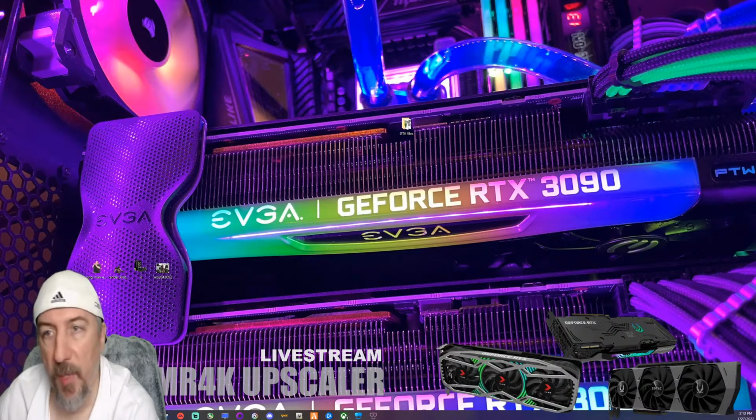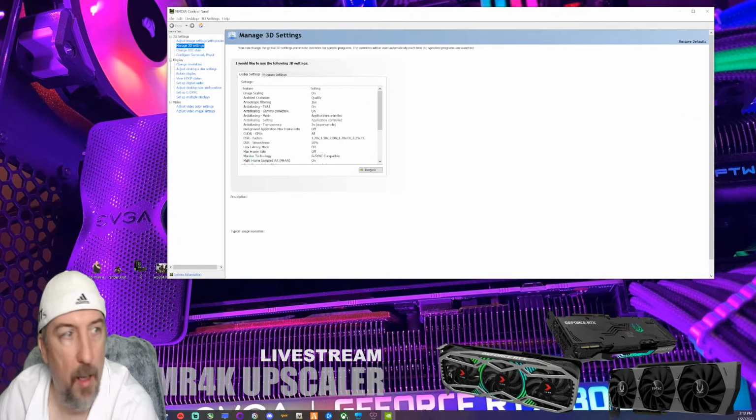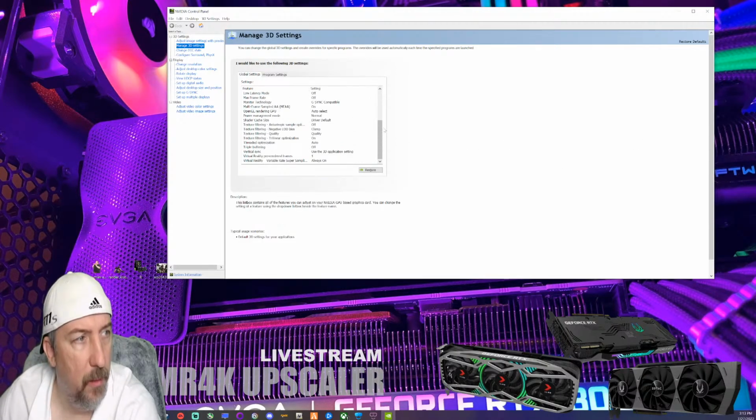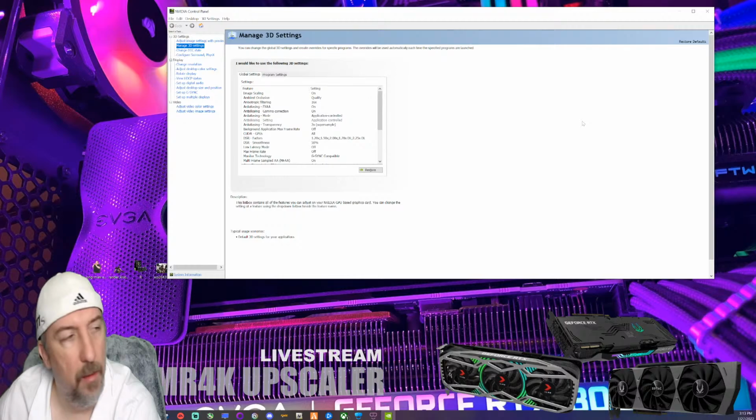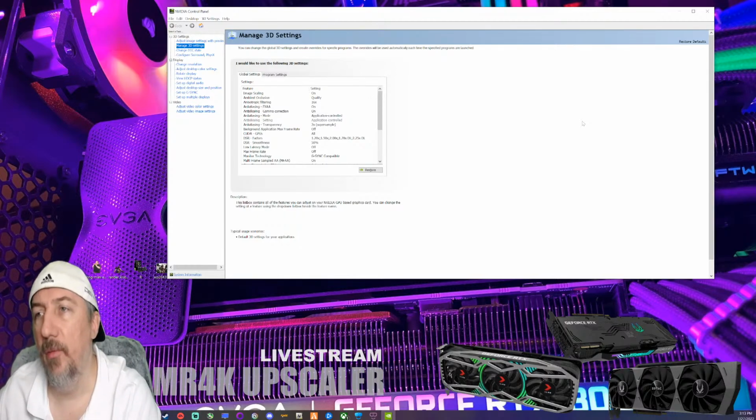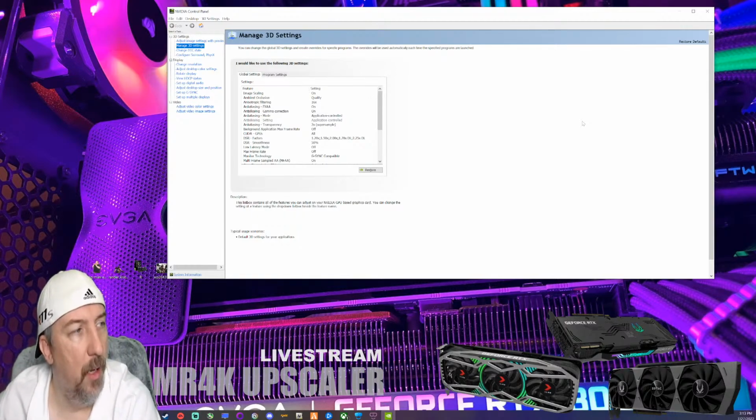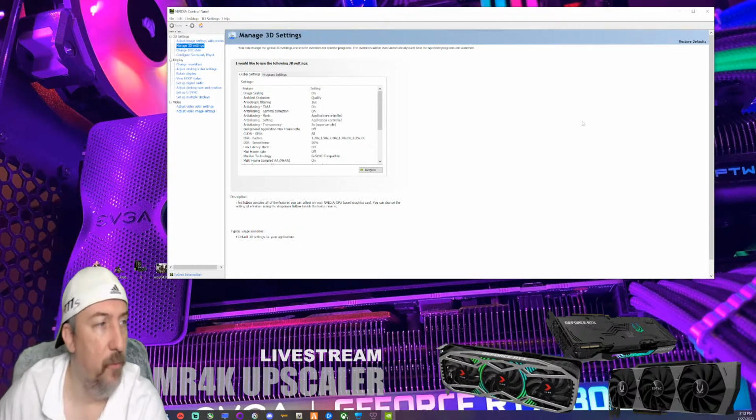Let me go to my control panel right here. I'll show it to you. I have utilized everything here, from image scaling to ambient occlusion to anisotropic filtering, texture filtering, to anti-aliasing FXAA, to even anti-aliasing transparency maxed out, and then of course all the CUDA